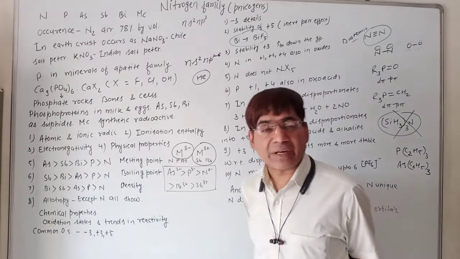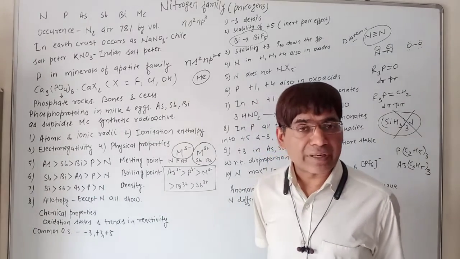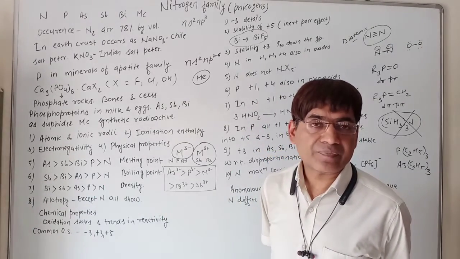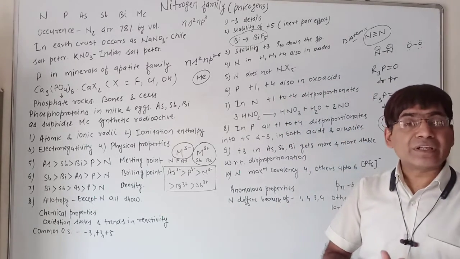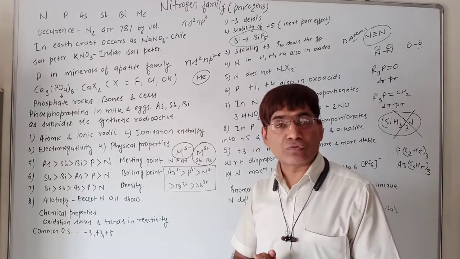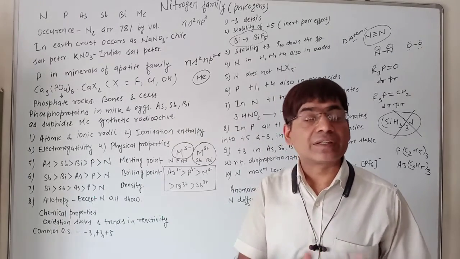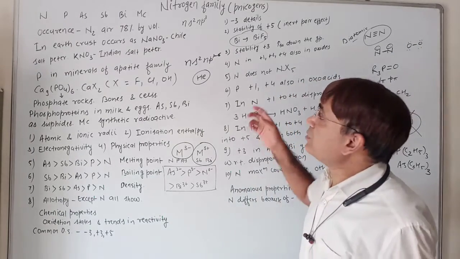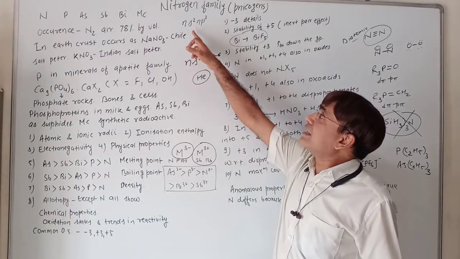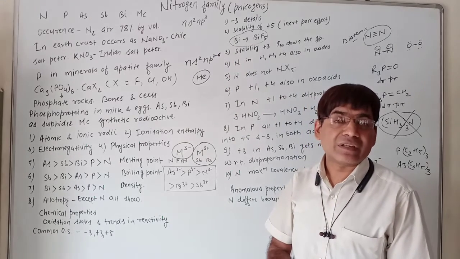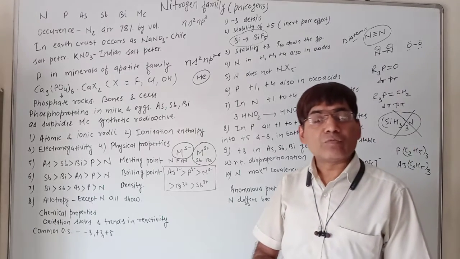These elements combined exhibit all types of properties, that is the properties of non-metals, metalloids as well as metals. Fine. In the P block we have studied one more concept, the concept of the inert pair effect in group number 13 and group number 14. We'll be defining it only, not going into greater detail as we have studied the concept earlier. In P block elements, as we move down in a group, the s electron pair present in the valence shell becomes increasingly reluctant in bond formation.